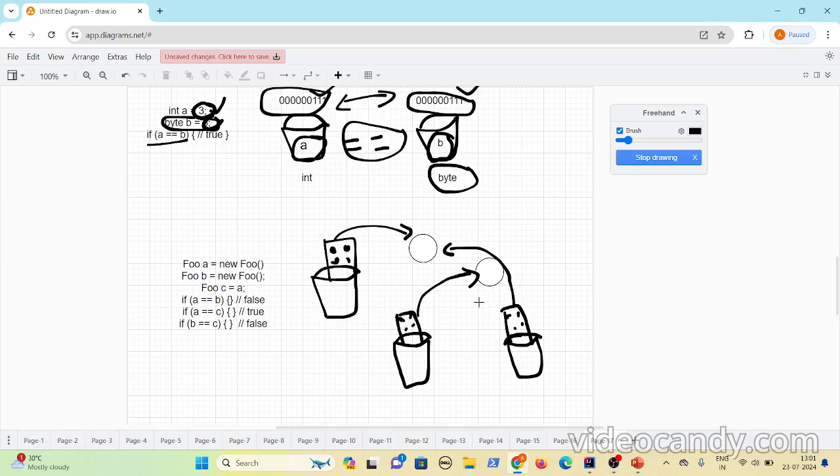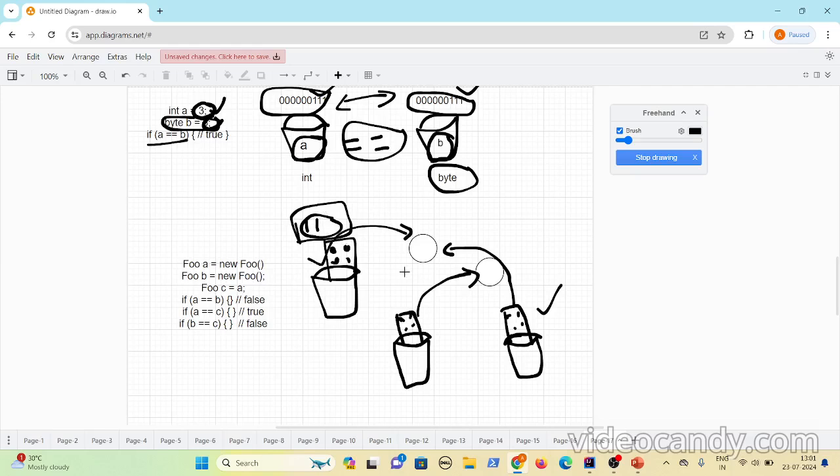Object comparison is also the same thing. Let's say you have a reference variable here and a reference variable here. As we already discussed, a reference variable holds bits to access the object, right? So it will compare these bits, which means that it will not actually compare the object values present inside the object.